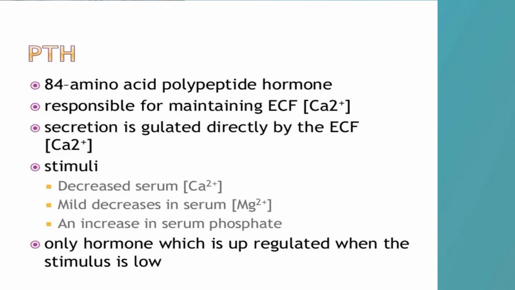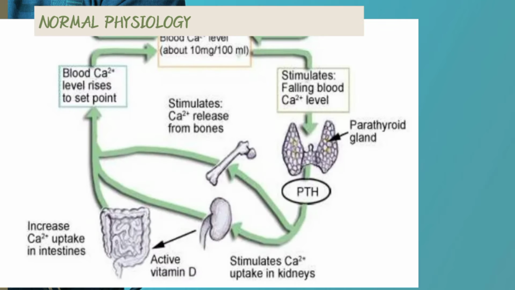The parathyroid hormone is an 84 amino acid polypeptide hormone, and it's responsible for maintaining the extracellular fluid calcium levels. It's always stimulated when there is a decrease in serum calcium levels and also an increase in serum phosphate levels. So the normal physiology: